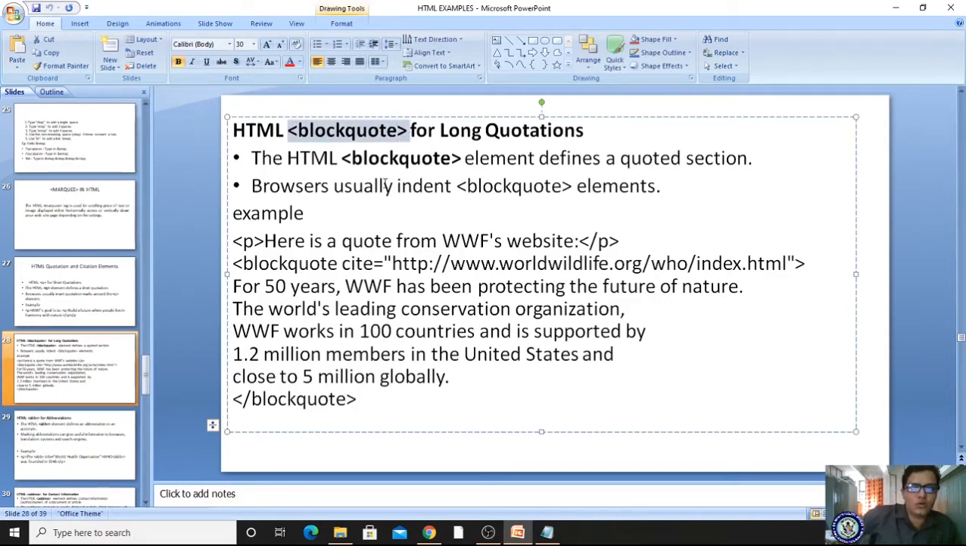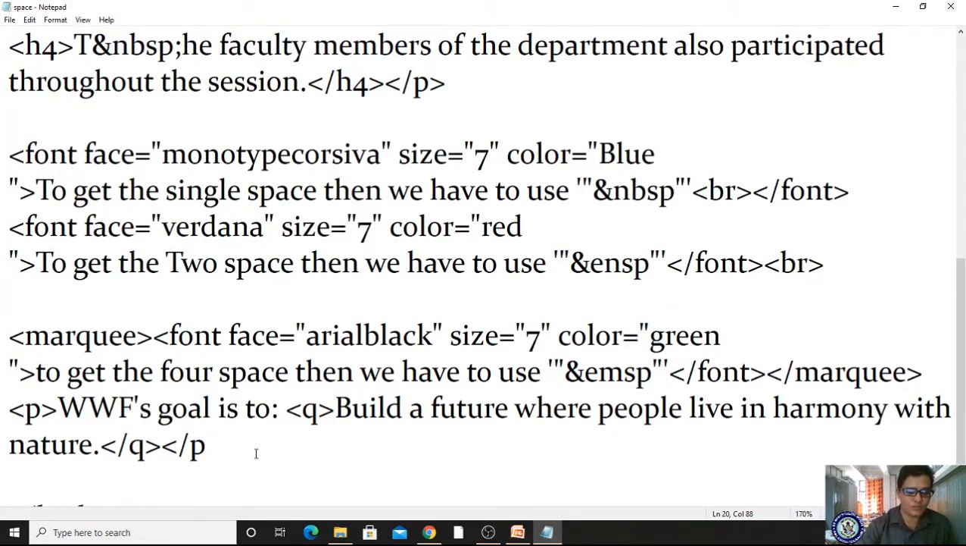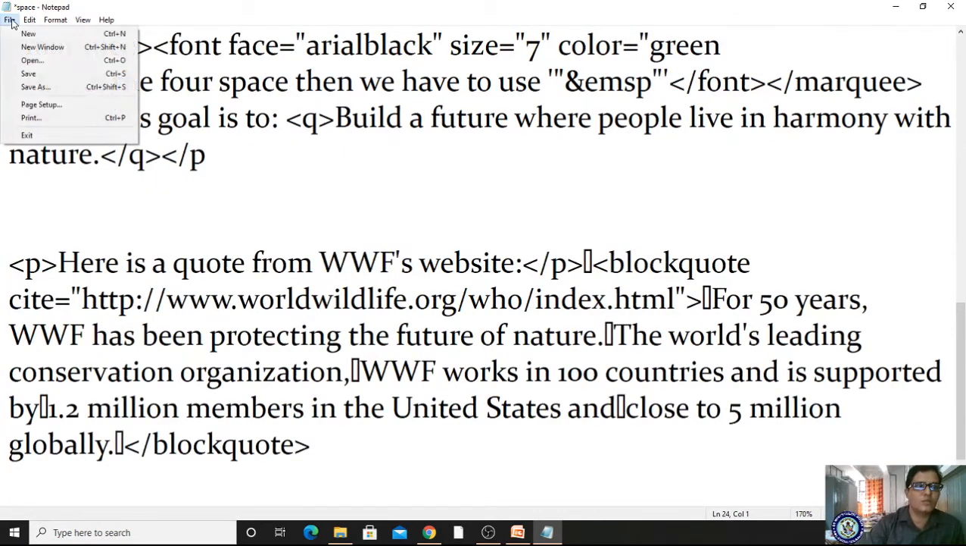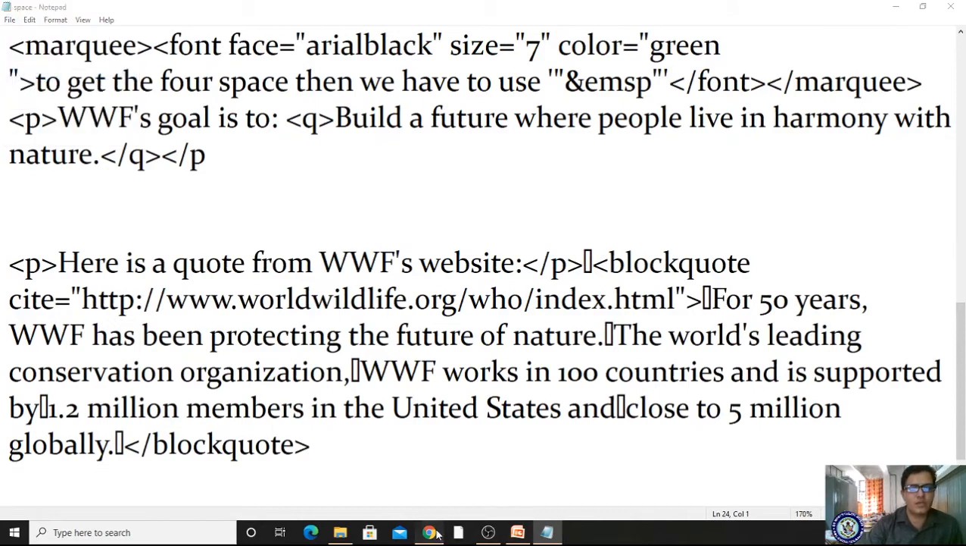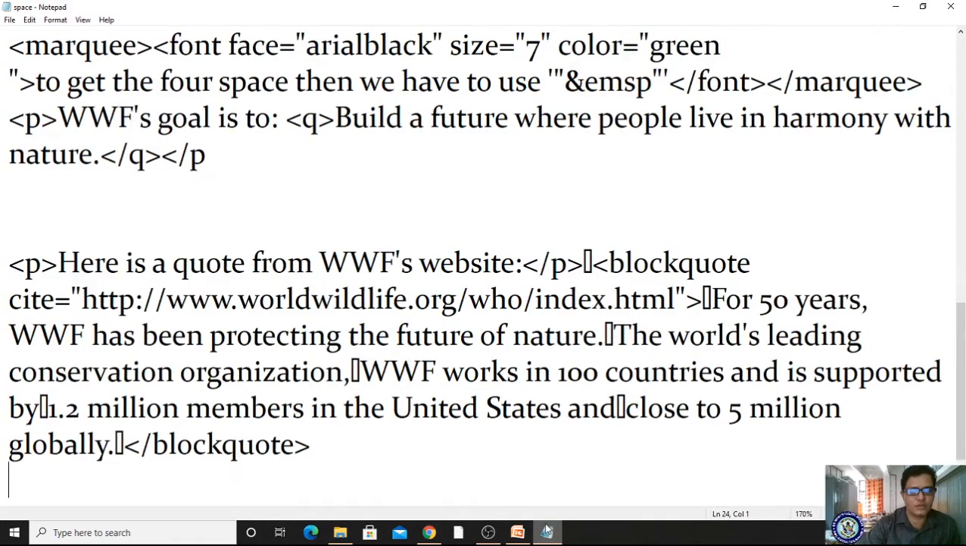If you are using blockquote, the quotation will cover a long paragraph, wherever it starts and wherever it ends. For example, here some content is already there. I'm copying this blockquote. What is the purpose of a blockquote? To get long quotes. Now I'm saving this file, coming here and refreshing. If you observe here, it comes within the double quotation, but it is showing some